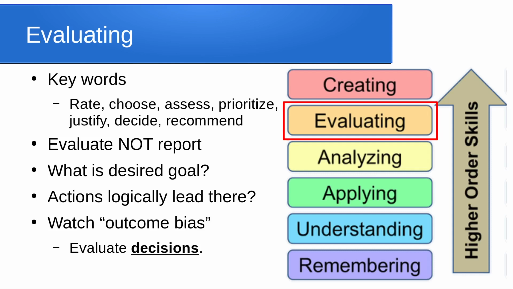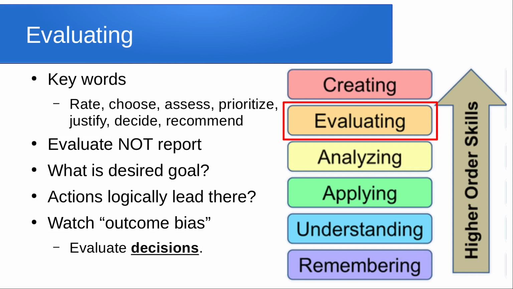For this, we also need to be careful of something called outcome bias. You can research that on your own, but the point here is we must evaluate decisions. We don't evaluate outcomes. There's a typical example where, let's imagine I say, you give me $10 and we will flip a coin, heads or tails. If it lands on heads, then I will give you 100. And if it lands on tails, I will give you nothing. So you have a 50-50 chance to make 100 by paying $10, which sounds intuitively pretty good.